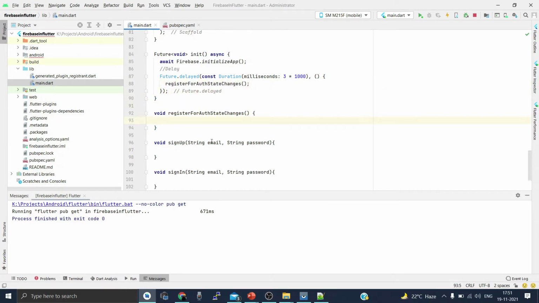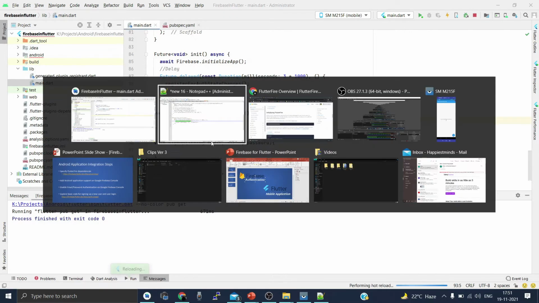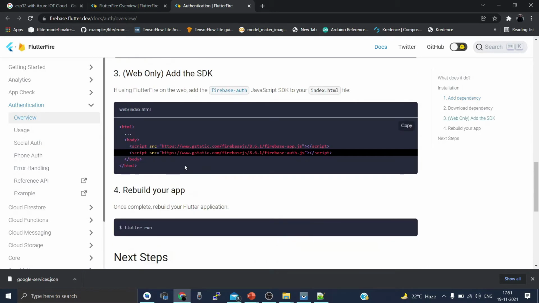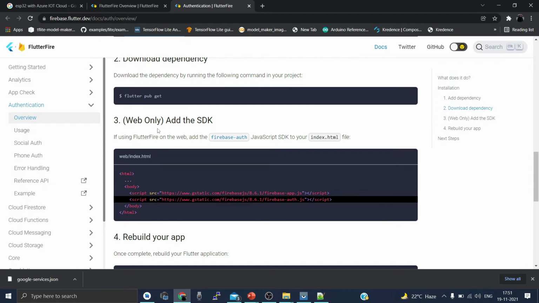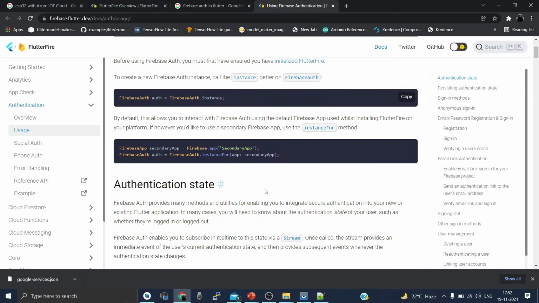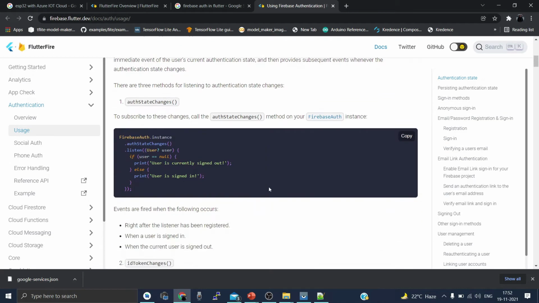Now inside registerForAuthStateChanges, instead of writing the code ourselves, we just use the official documentation. So this is the Firebase authentication documentation, which you can see here that they have further added a firebase_auth package dependency in the pubspec.yaml, right? We will be skipping web for now. This is a place where you can have a look at the FlutterFire documentation for authentication.